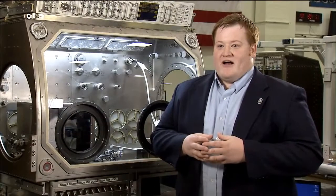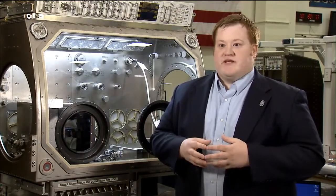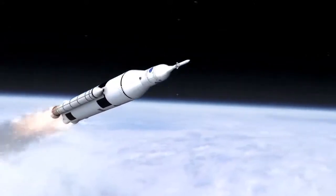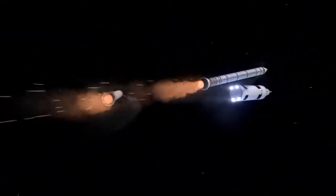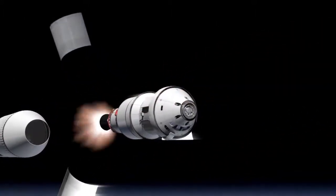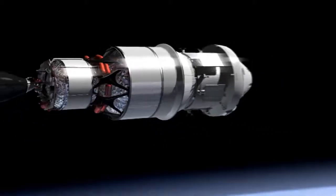And sooner rather than later, we're going to be able to build spaceships up there. That might seem far-fetched right now, but if you think about how far the technology has gone in the last 10 years and just expand that, it's not out of the realm of possibilities, which is really exciting, because we need to get off this planet and explore and colonize. And when we do that, we're going to have so many benefits to the terrestrial environment that they're going to outweigh the amount of effort it's going to take to get these type of technologies up there and working in